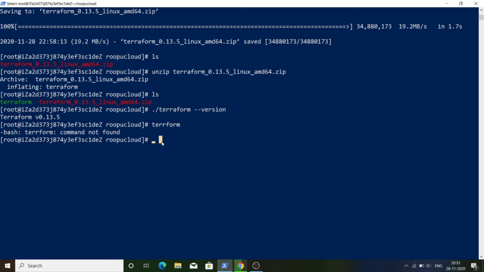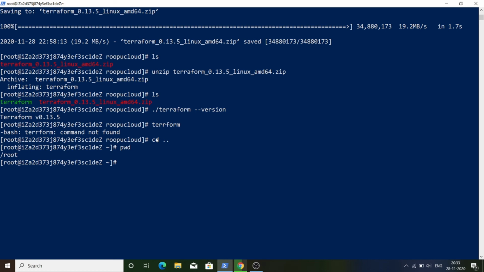But what will happen when I come out from this directory? For example, we come out from this directory by cd. Now you can see your present working directory is the root directory.